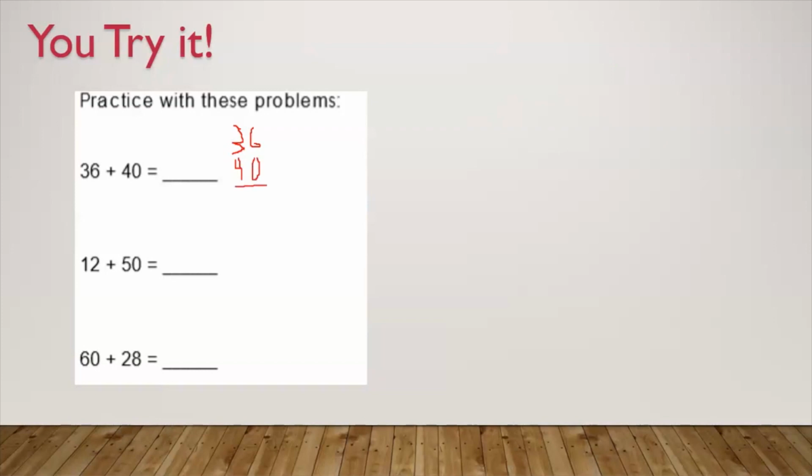So if we're looking at this mentally, we know that anything plus 0 is going to be itself. So that means 0 and 6 is going to be 6. And again, that's why we want to add in multiples of 10, because it helps us with that pattern. And then we have 3 tens and 4 tens left, which will give us 7 tens or 70. So 70 plus 6 will give us